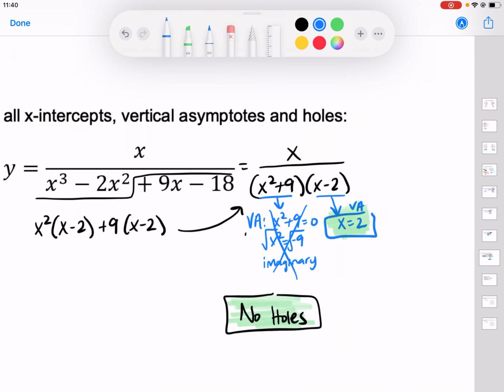So then we go to x-intercept, our last one. That comes from the numerator. So you get x equals 0 for that one. And that's your answer for that one. So those are your answers, or I should say 0, 0. I've been writing it as